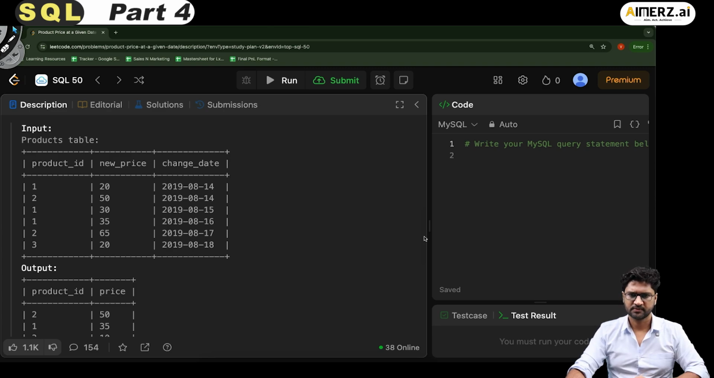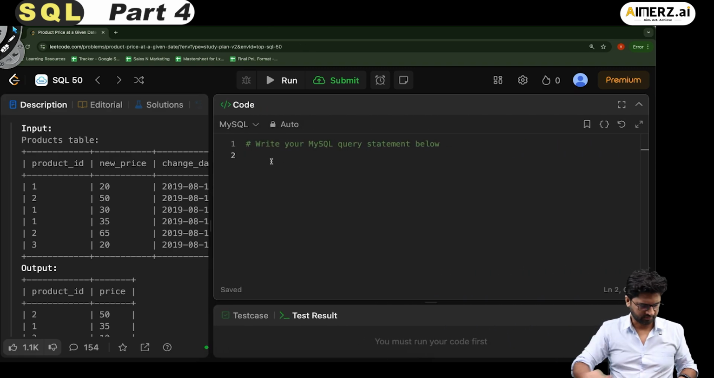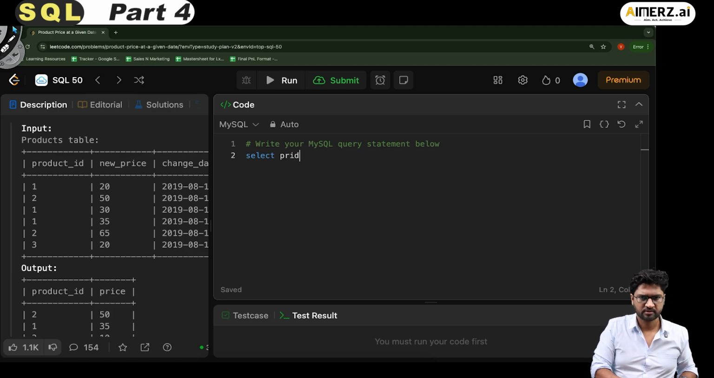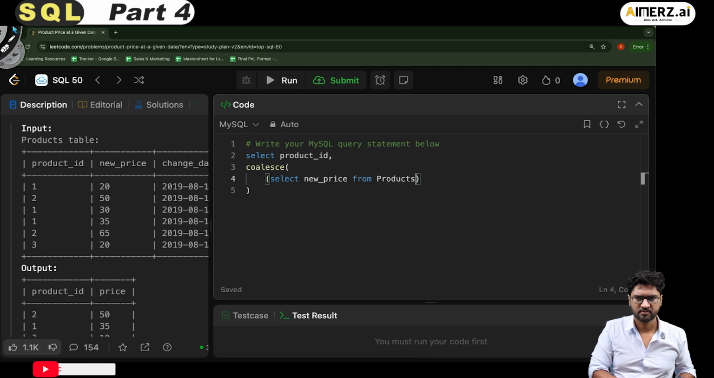Now let's get started with this question itself. Let me select the product. We're going to write select product_id. This is very simple. And then I'll have to get the price, the last price, so I have to use coalesce. Inside this, I'll write select new_price from products P2 where